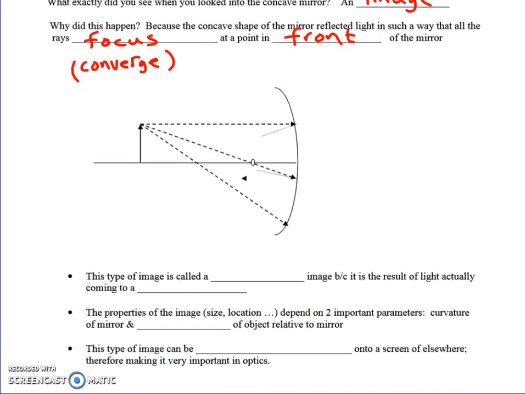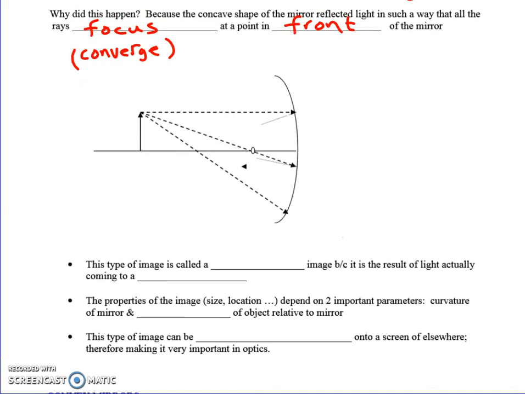So I'm going to show you with a ray diagram. I did this in class briefly, so here's where it's going to be a little bit more formal. So I'm going to use the line drawer on the smartboard. So let me just do that. Okay, so at this arrowhead right here, we've got 3 rays of light coming from there. Okay, and those rays of light are hitting the mirror at 3 different places, and they're going to reflect off them. So I'm going to use some rules, essentially the law of reflection,